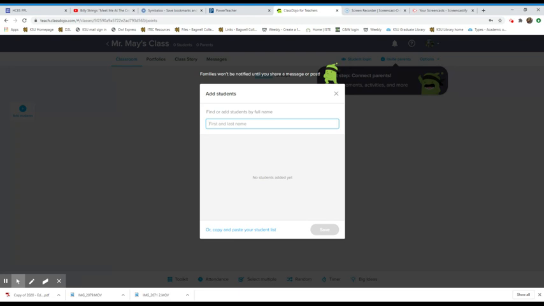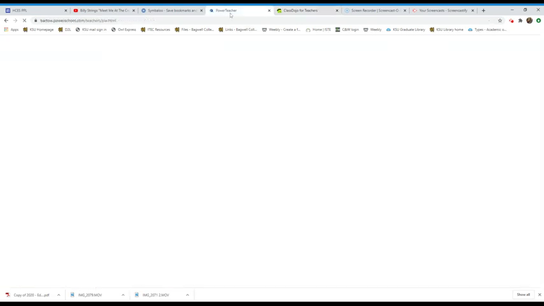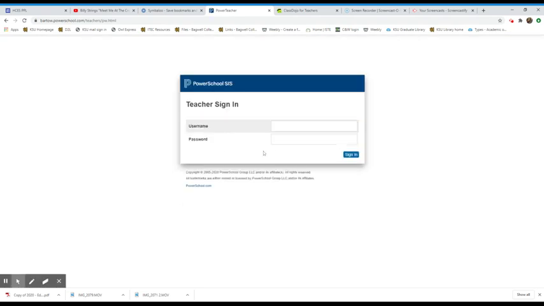So what I would recommend is to go to your PowerTeacher site and log in right here. I'm not going to log in through it, just for confidentiality purposes. Log in, go to your grades, go to traditional, where the list of your kids is going to be. Highlight and copy those names, then put them inside of a Word document. So I'm going to open up a Word document here